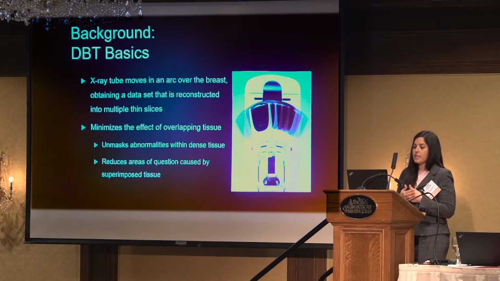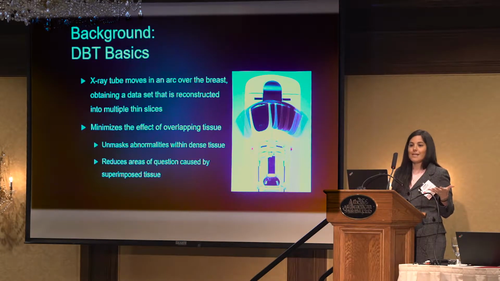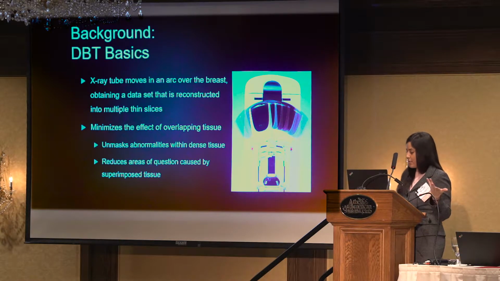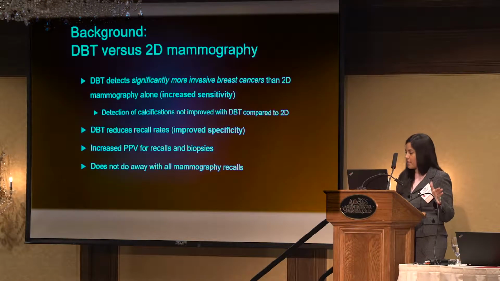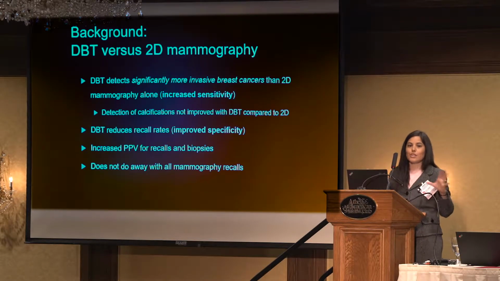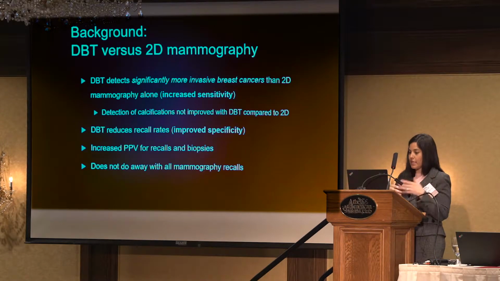And conversely, if you're questioning an asymmetry, you can scroll through the tissue and see that it's not actually anything, it's just normal breast tissue. So I'm not here to sell you on tomosynthesis. I'm assuming everybody has already heard about it, and everybody who doesn't have it is thinking about potentially implementing it. So just so we're all on the same page,